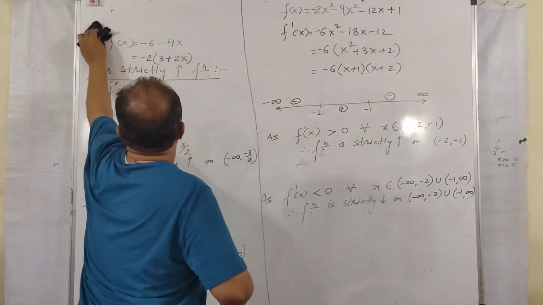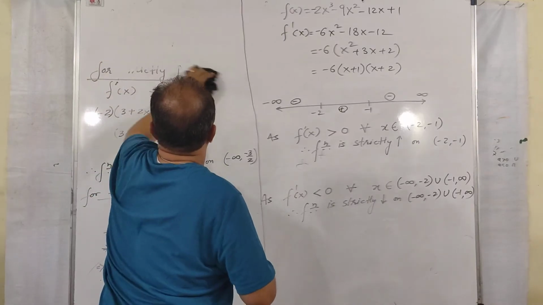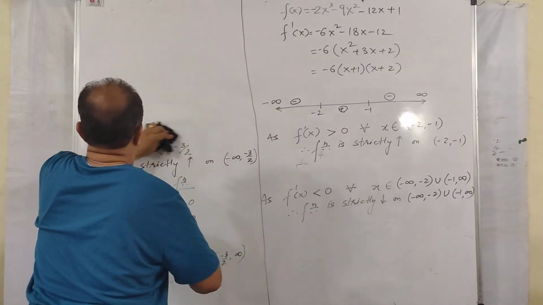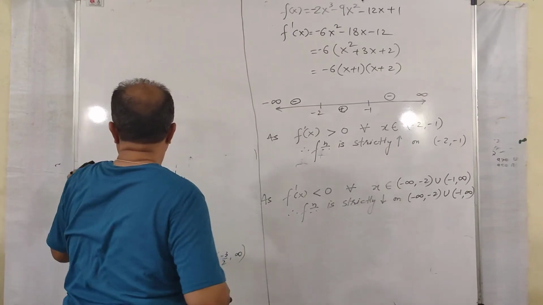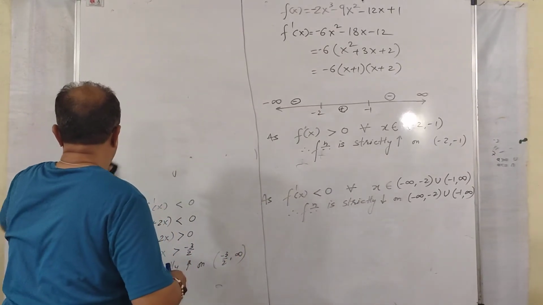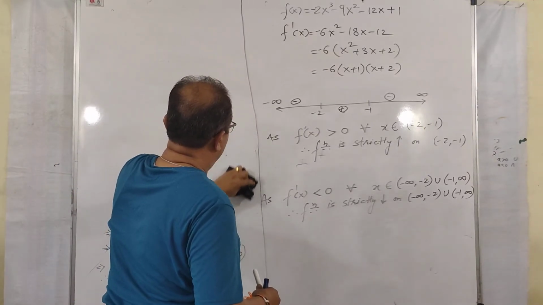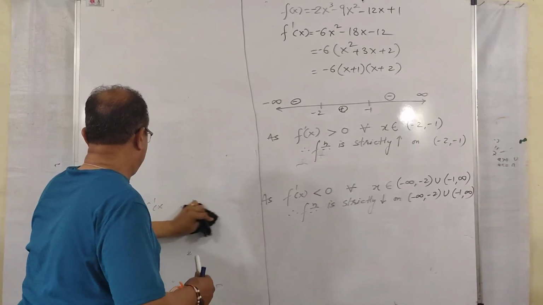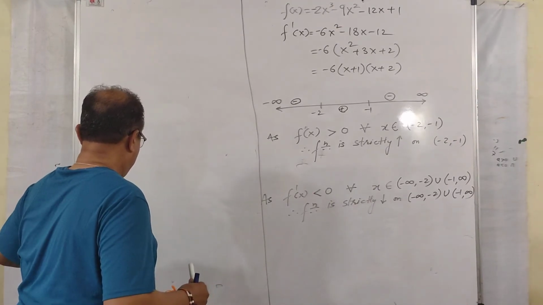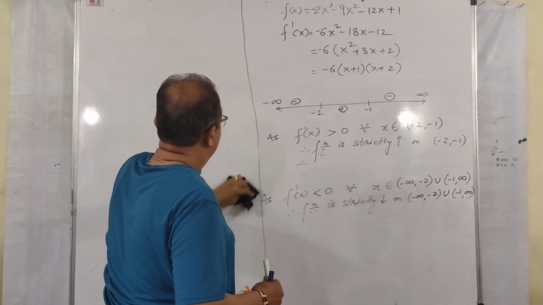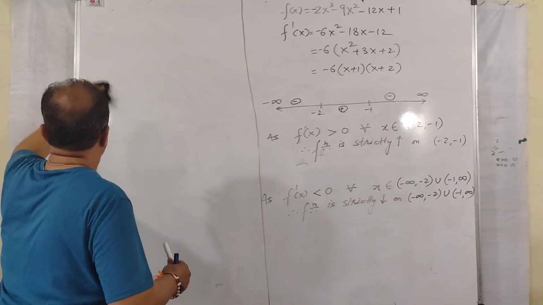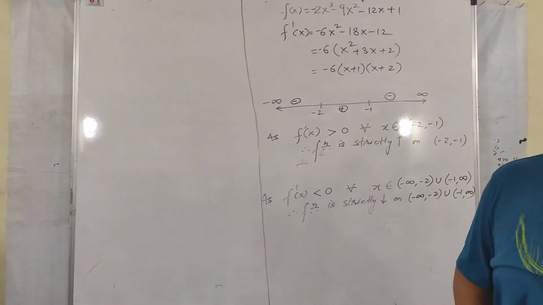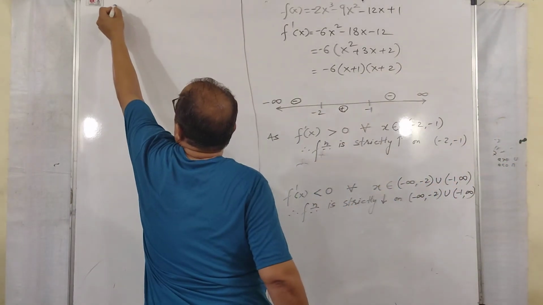If you have a negative sign, now let us discuss one question which is very important, and it has been asked in your exam of 2020. Very important question and a very good question also. Here we will learn something more about increasing decreasing function. One new thing you will be getting in this particular form, and the question is (x plus 1) whole cube, (x minus 3) whole cube.